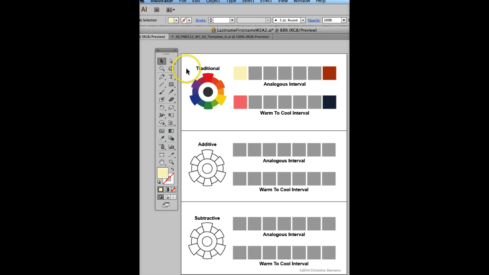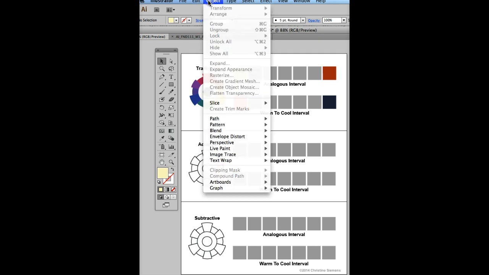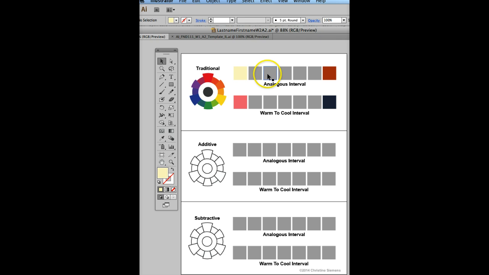So I'm just using the student sample for my colors here. I'd recommend always just choosing your own colors and using the student samples as inspiration or as information. So to create the blend, first of all we're just going to count the number of steps in between our two parent colors, which is 5, and